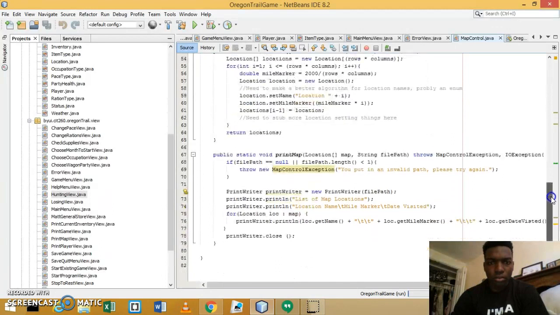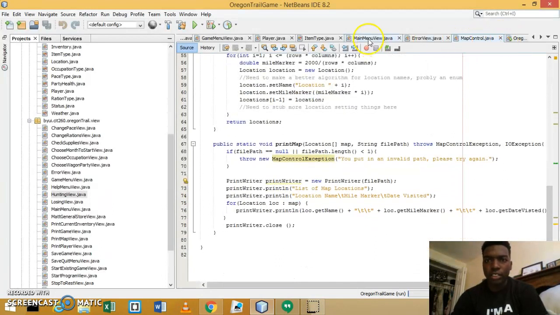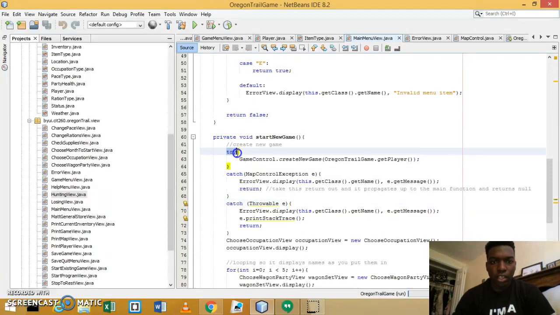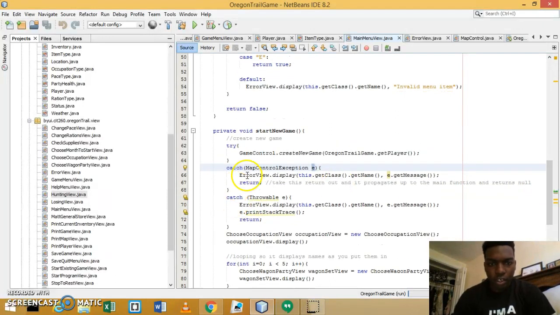So, find one of my other files that has the throw in it. Okay, so this is the example of the try catch. Here we have try, and the game control creates a new Oregon Trail game that gets the player, and then you're trying to catch this, the map control exception, E. You always have to give it a name. We always use E. And then we have here the catch error view, which I just showed you, that displays this get class, so you get the class, and get name, and get the message as well,